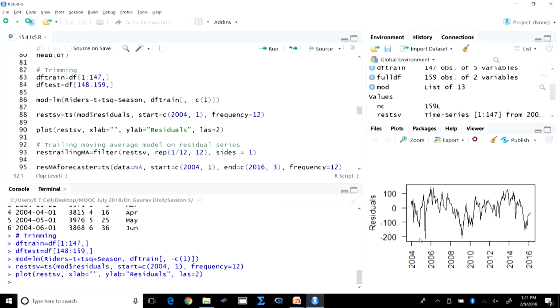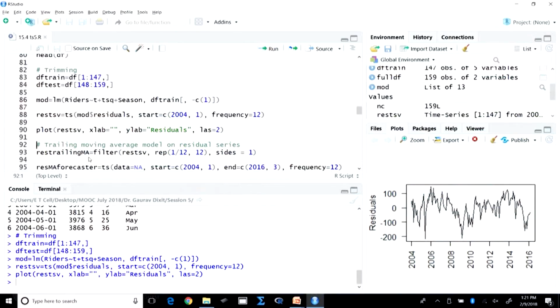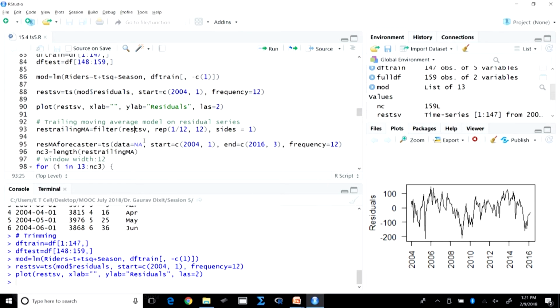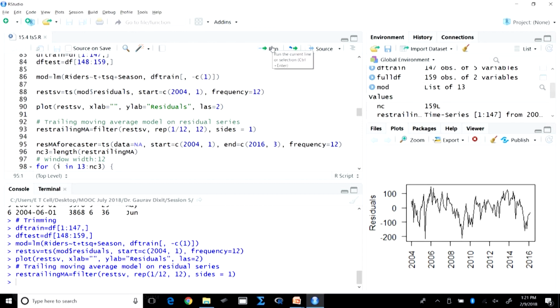Now, can we use moving average methods to improve the forecast even further? So, this is something that we are going to attempt now. So, we are going to apply, as you can see here, a trailing moving average model on this residual series. So, filter is the function, like we used in the previous lecture, and we are going to apply this on this residual series, as you can see here. So, let us run this code. So, we get these values, this vector, and then let us